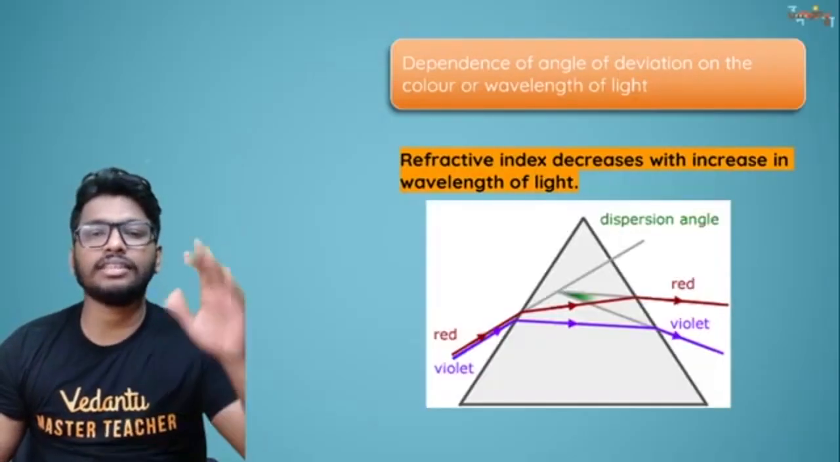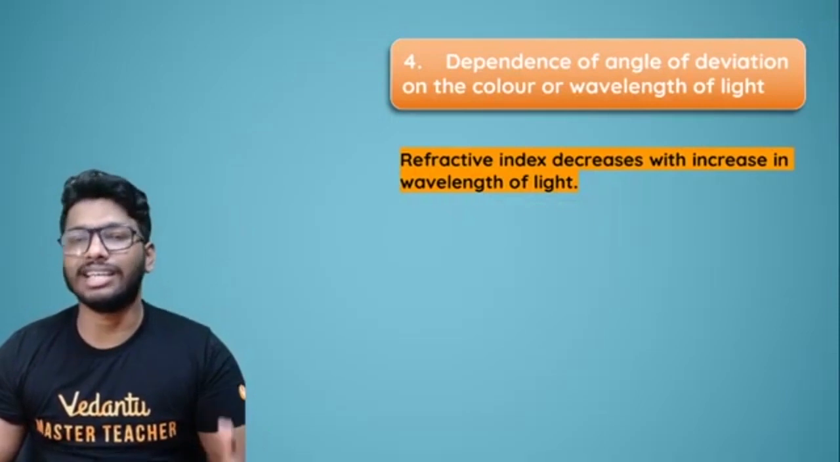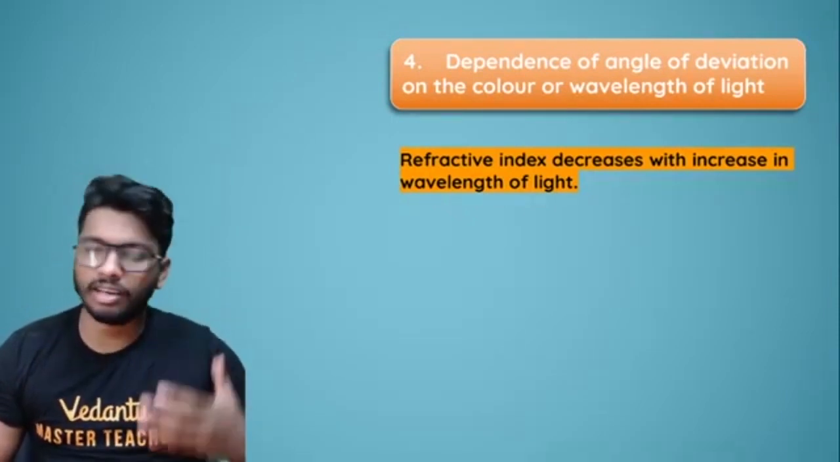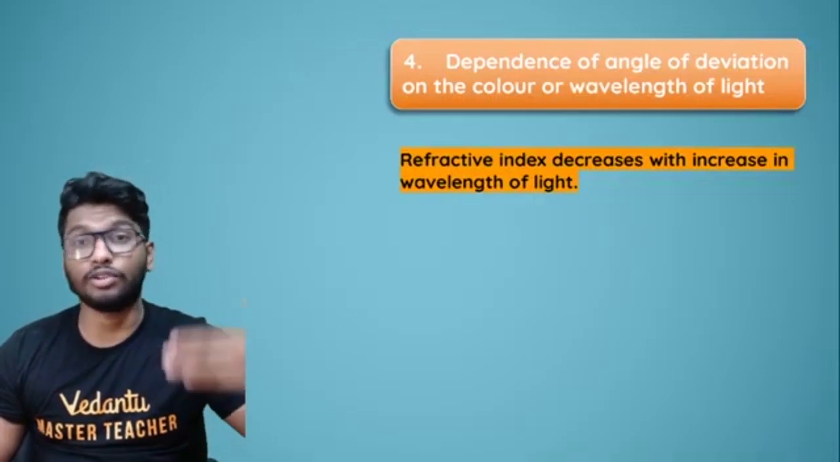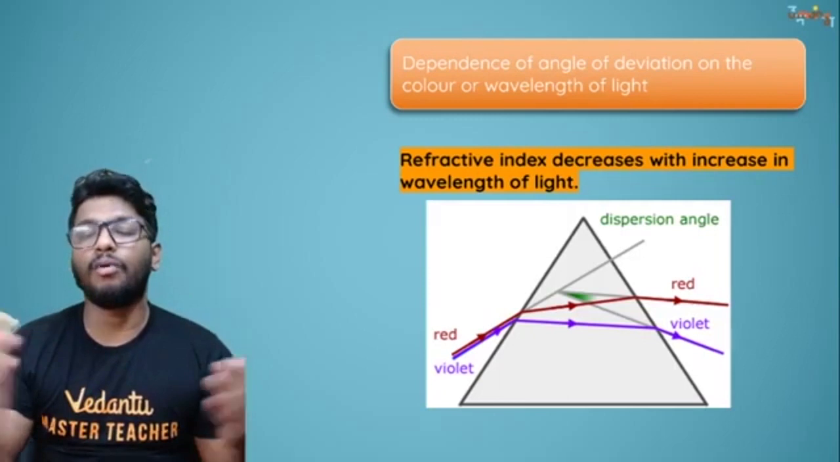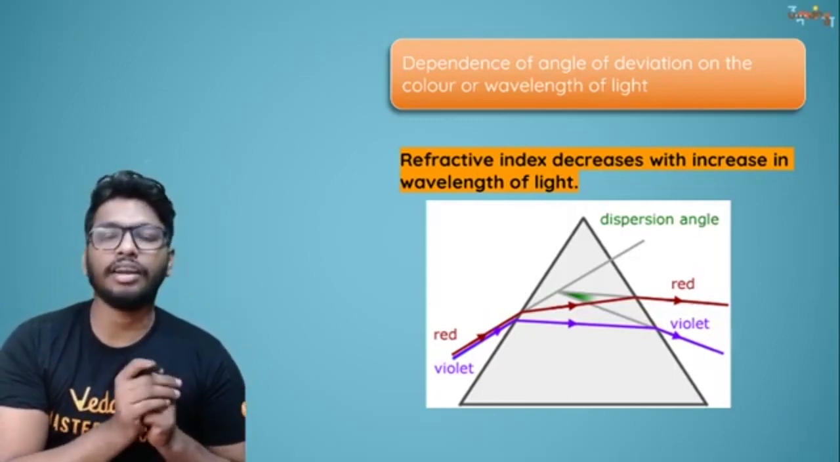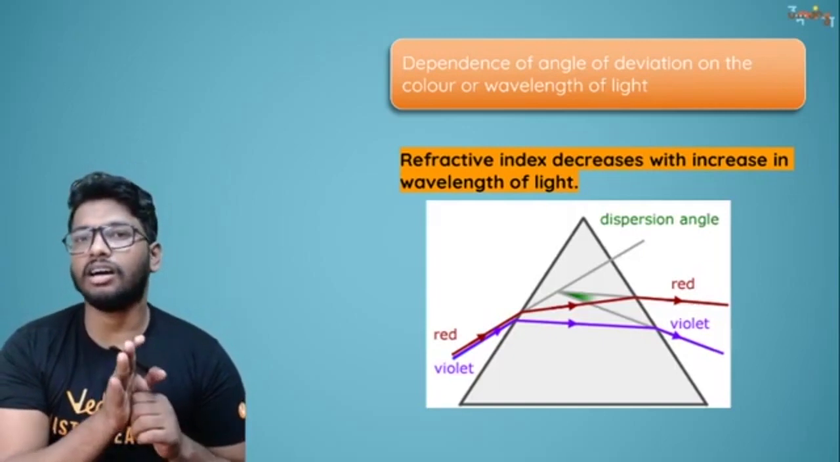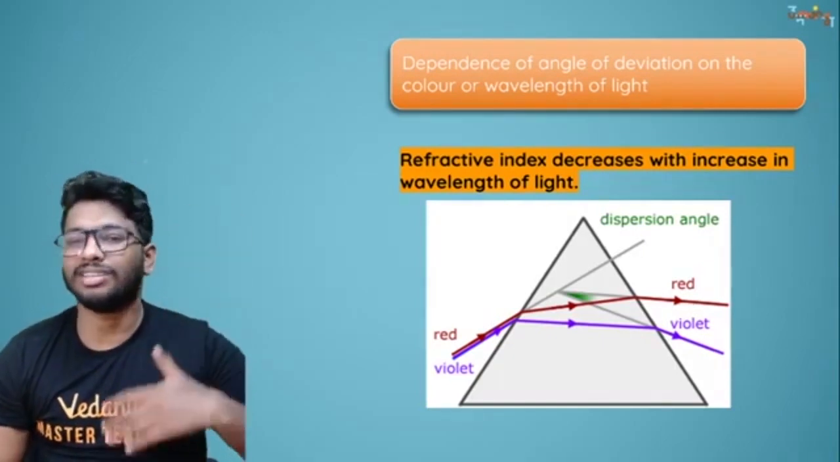All right, apart from this guys, one more thing is the wavelength of light. The refractive index decreases with the increase in wavelength. I've told you this already, because if the wavelength of the light increases, then the speed of light is also increasing, so the refractive index is decreasing. So if that is the case, what you have to understand is guys, red would be the one with the least deviation, and violet would be the one with the greatest